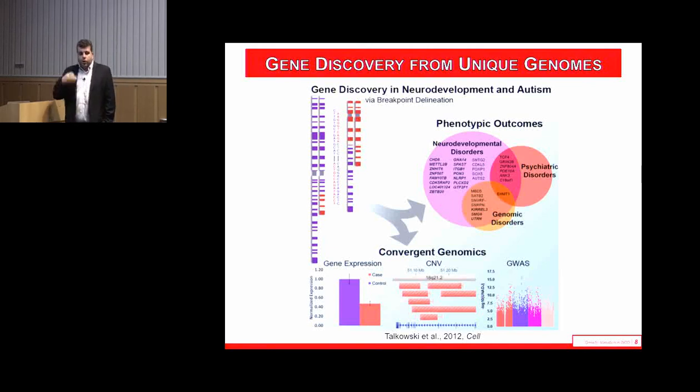We then tried to interpret these single unique genomes, right? We have an N of 1 here, so quite a few of them could be red herrings. We did that through convergent genomics. We looked at gene expression. We've built up quite a large CNV database of about 75,000 people at this point from diagnostic laboratories and controls, so we looked for a burden of CNVs. And we also used genome-wide association studies. What we were seeing was an overrepresentation of common variants from genome-wide association studies in autism and schizophrenia over the rare variants, the genes that we were detecting by rare variations and structural variants.